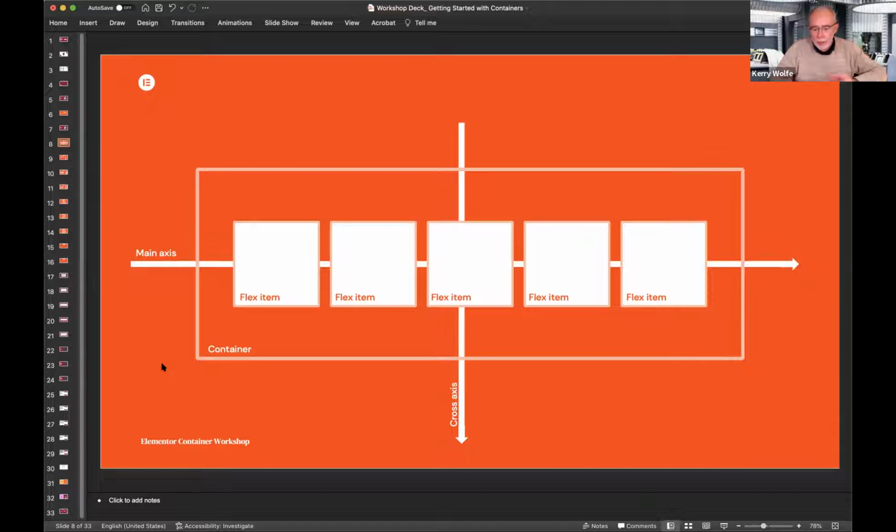They are going to replace sections. They're going to replace columns. They're going to replace inner sections and their columns. So where in the past you'd have a section and a column, now you'd have containers, and inner sections you wouldn't need. And in the long run, it saves